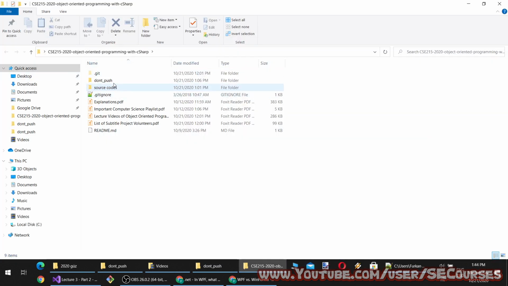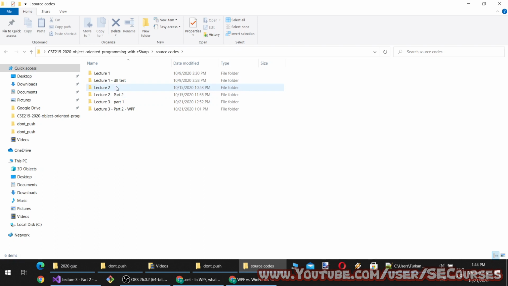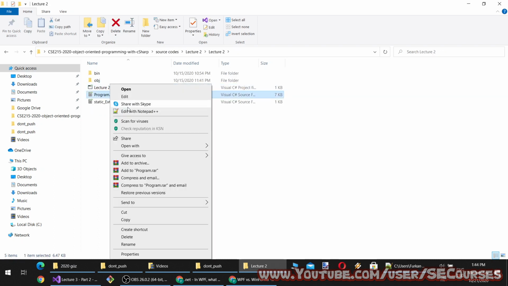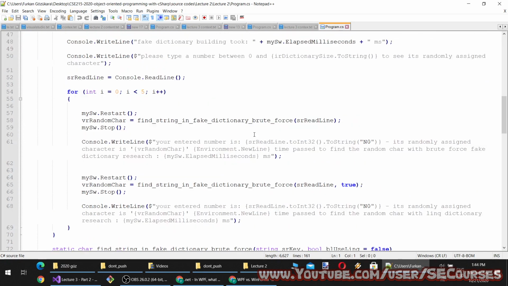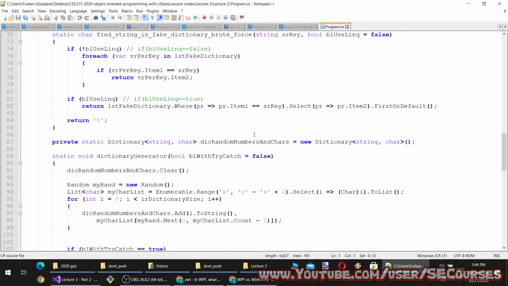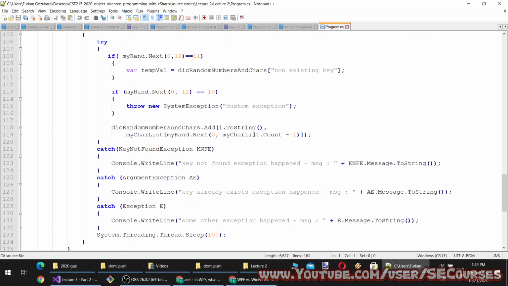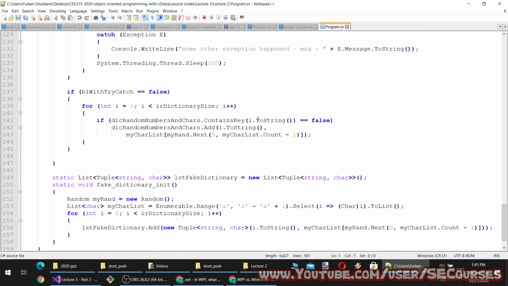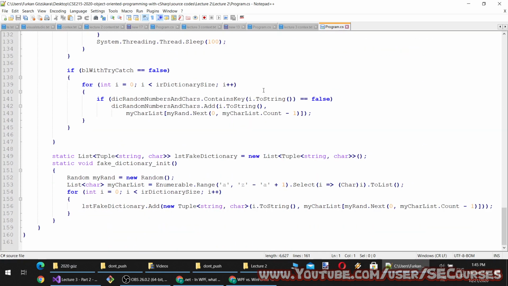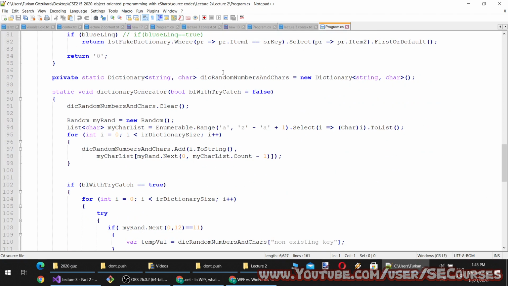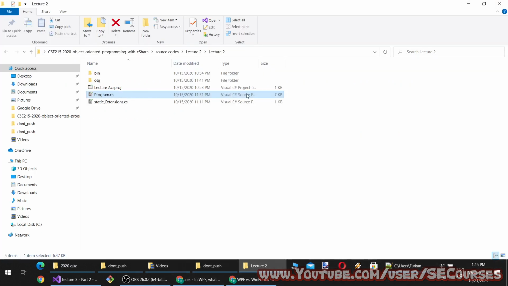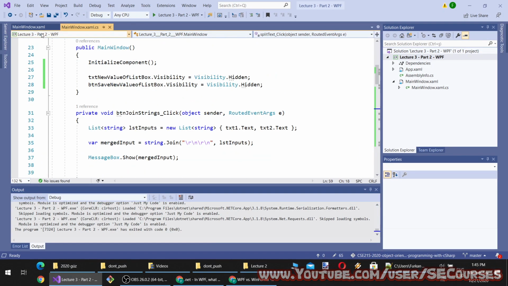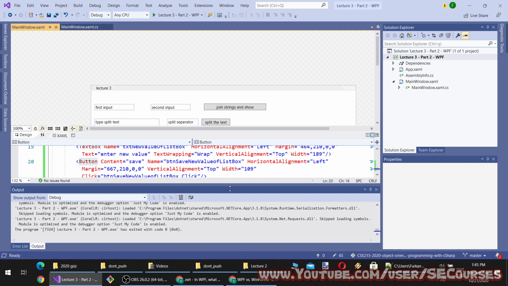Let's check the previous lecture source code, and here, okay. So let's make an example of sorting.